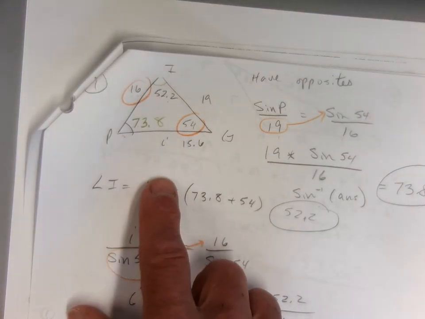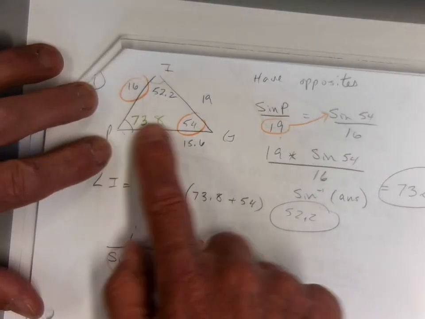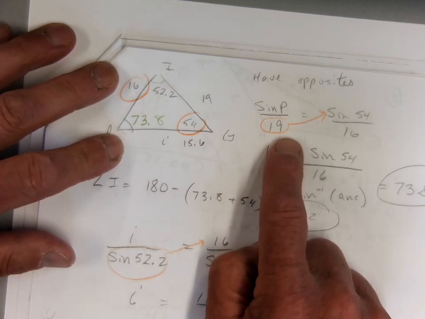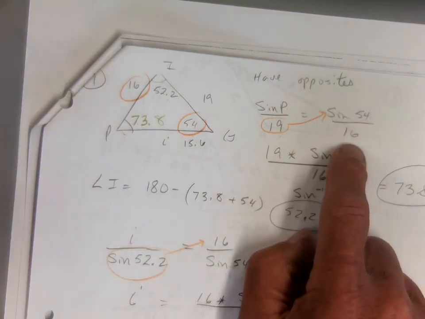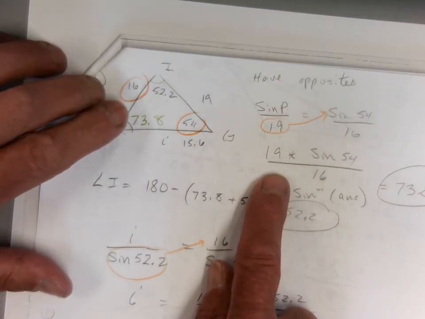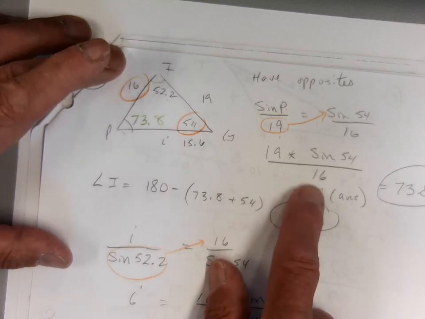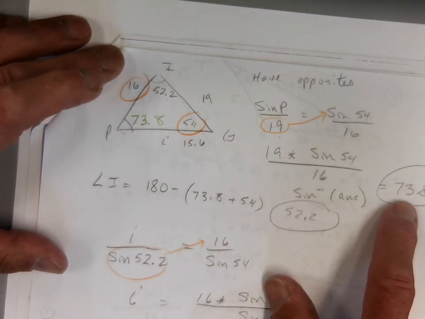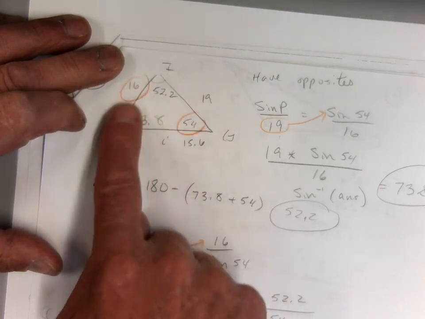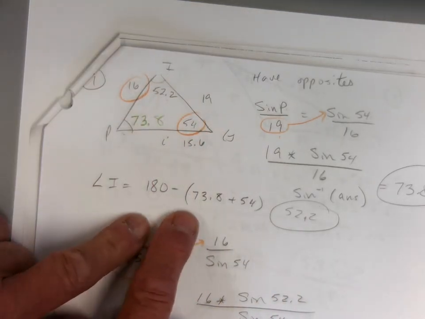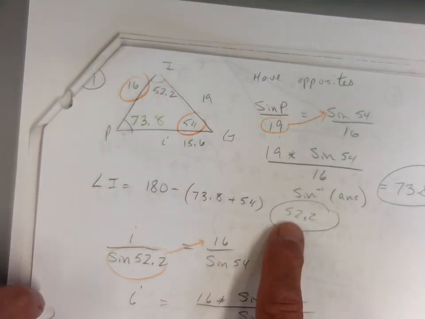Because I have a pair of opposites, I can set up the law of sines. So I went sine of P over 19 equals sine of 54 over 16, cross multiplied. I got a decimal, but I took the sine inverse of the decimal, and I got about 73.8. I knew there were 180 degrees in each triangle, so I subtracted from 180, and for angle I got